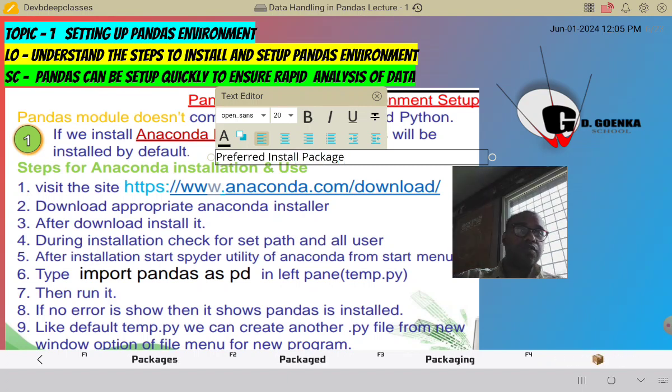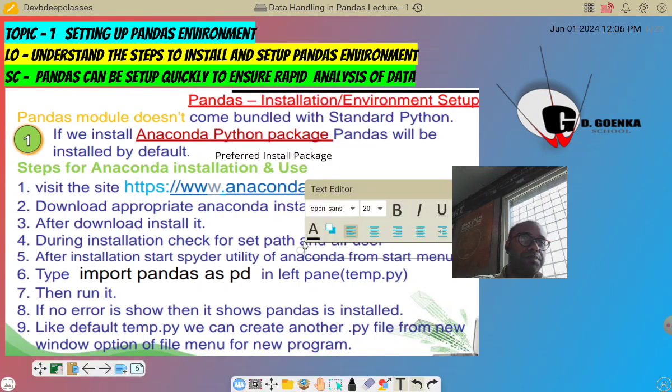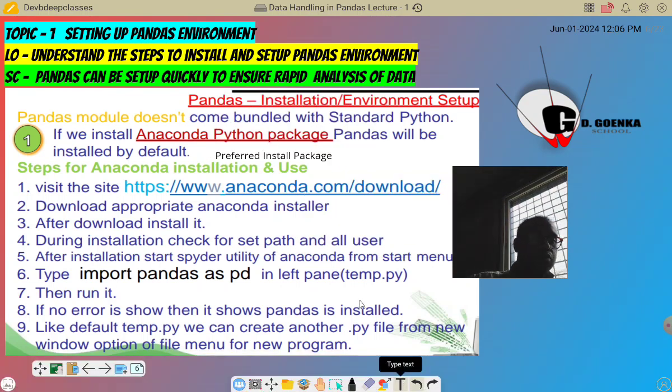So preferred install package. Pip is basically used to run commands to install different libraries, and mainly the command that will help you to install pandas is,